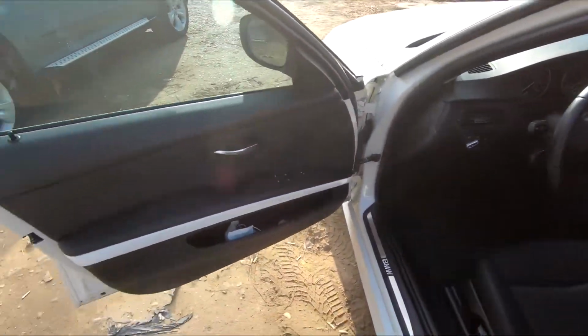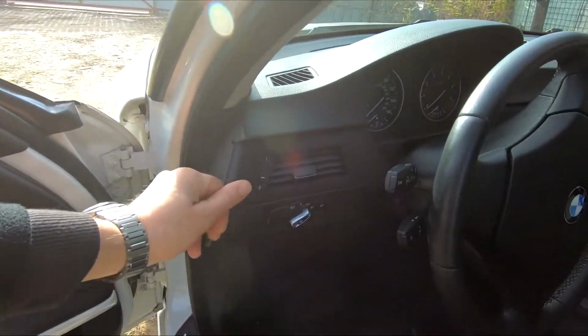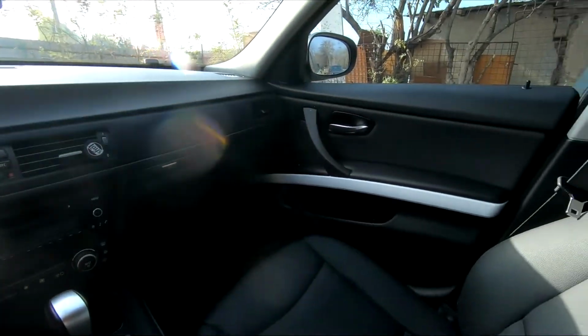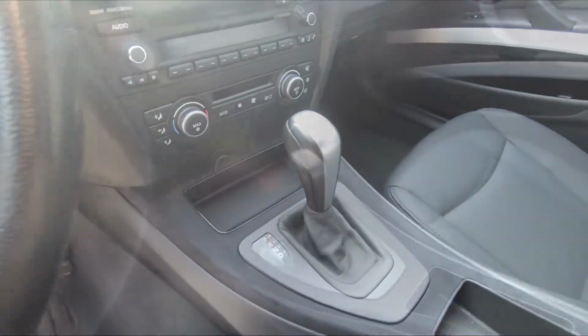I really enjoy how this turned out. I've decided to leave the white on the doors. It just matches better with the exterior color of the car. I wanted some Alcantara, but not too much. So I'm really happy with the result. It's just